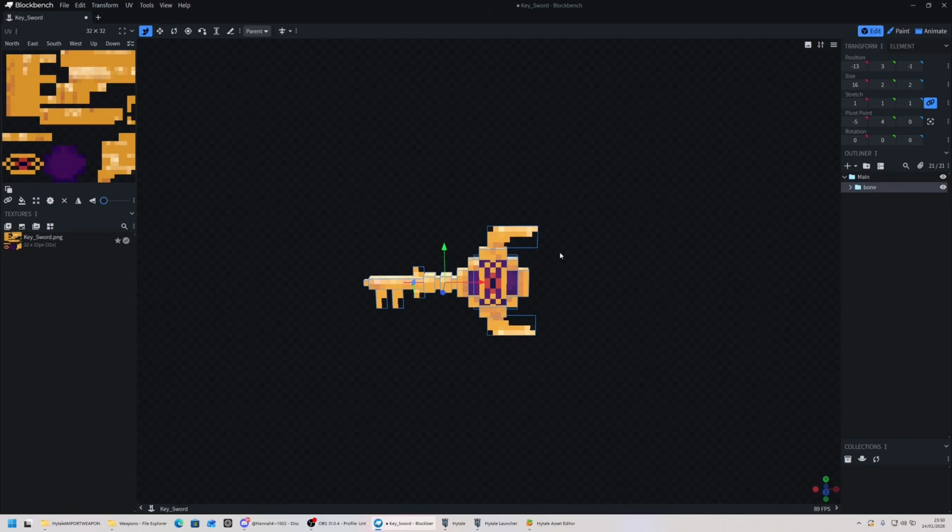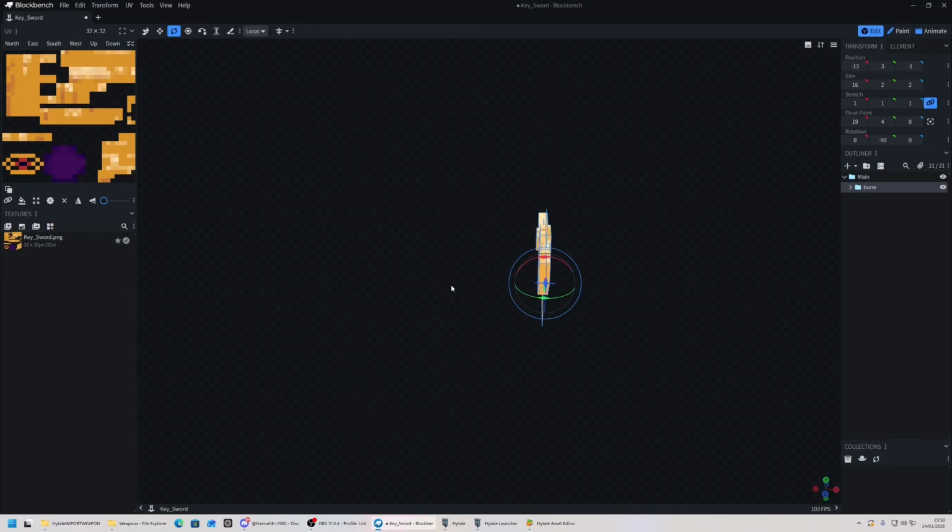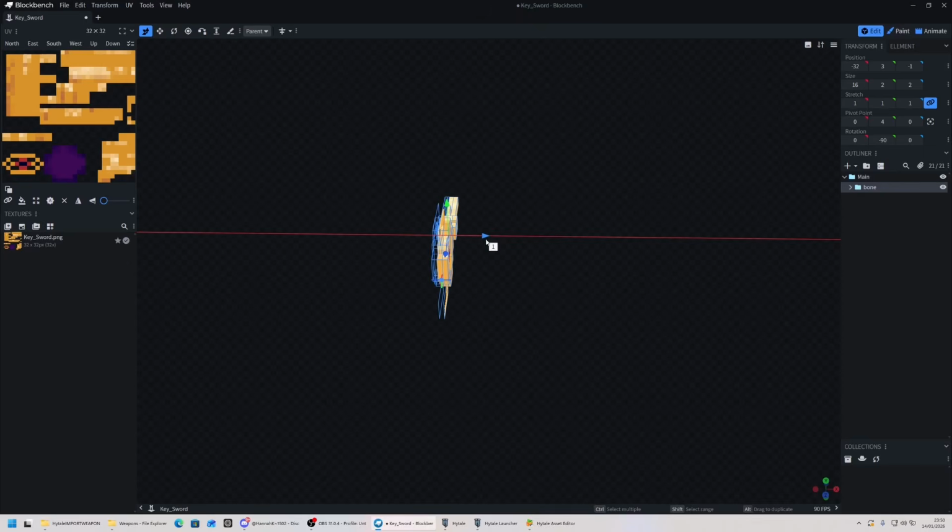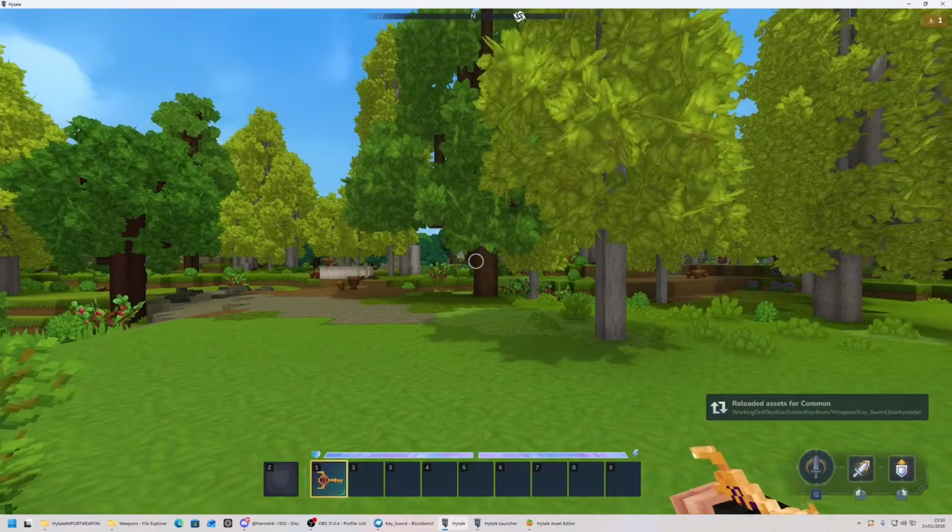However, we can adjust the pivot point here so that we can use the end of the key as our end piece. Once that's done, I'm going to rotate it by 90 this way. I'm going to move, check where the pivot is. The pivot is here, so we want to move out to here a little bit more. And once we've moved it, we can save, reopen Hytale itself,